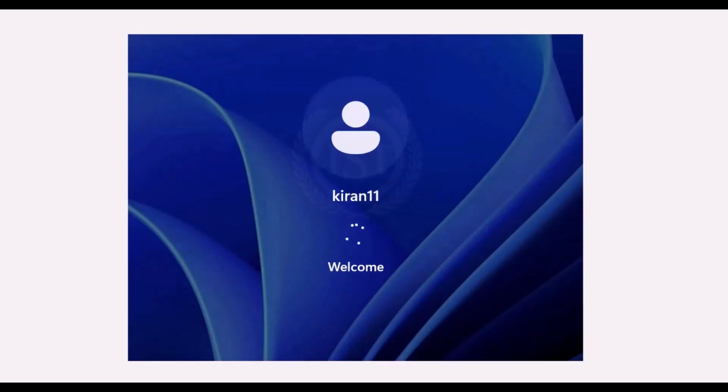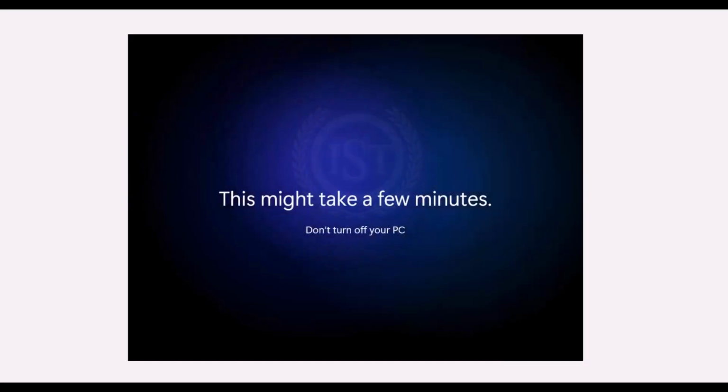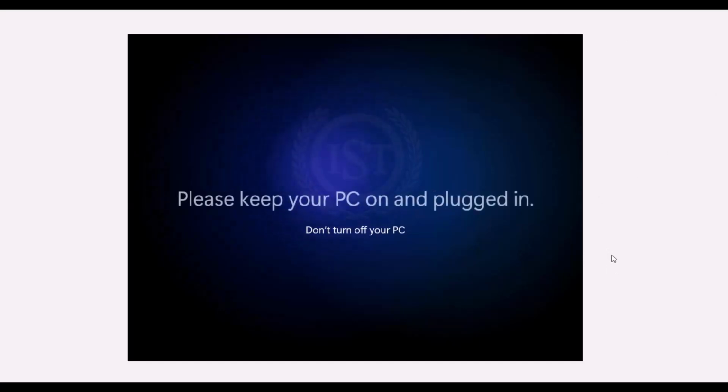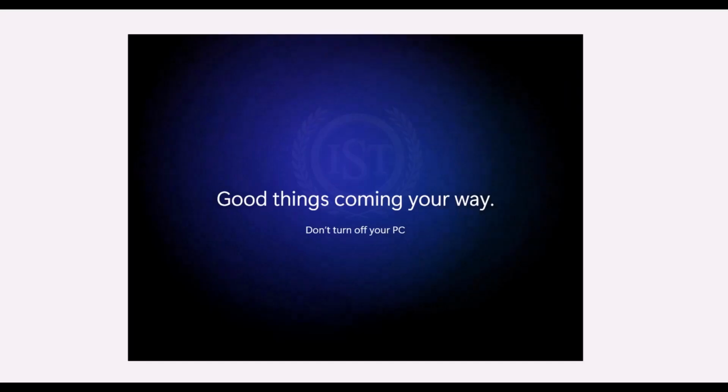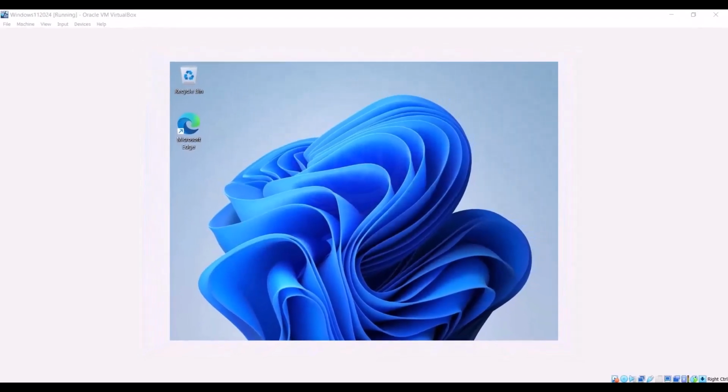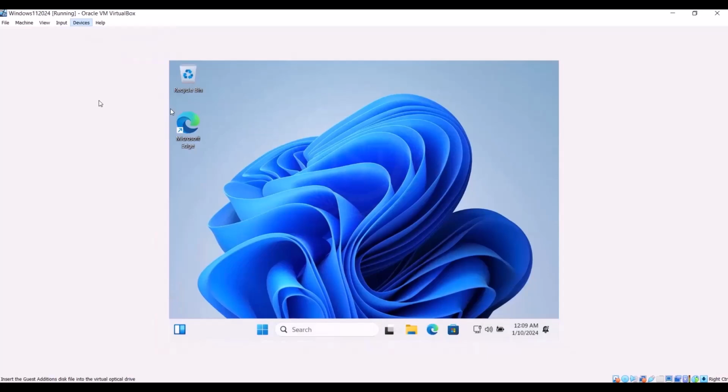So Kiran11, this is my machine, Windows 11, and this is a welcome banner. Hi. Getting things ready for you. Things might take a few minutes. So necessary services are starting. Please keep your PC on and plugged in. It's 2024. Good things coming your way. Almost there, done. Now as you can see, this is Windows 11, and let me click on devices and insert